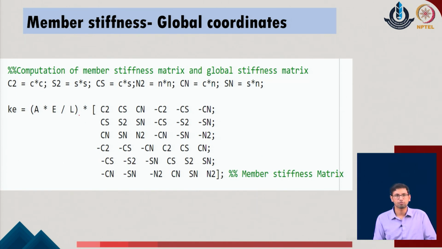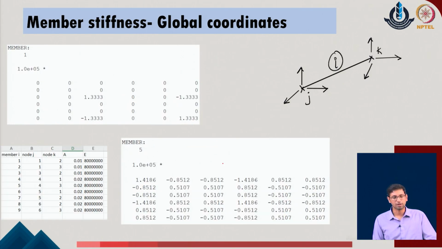It is taken from the given code only, where we evaluate the values of C2, which is C into C, the cosine angles, sine angles and the normal angle of the given system, and with these parameters we evaluate the stiffness matrix of the given problem. So, this is the stiffness matrix in the global coordinates for the given member i. Once we are able to identify it, we can locate these values, like for member 1, these are the stiffness matrices. Similarly, we can do it for any of the multiple members. I have just shown here member 1 and member 5 for the time being.